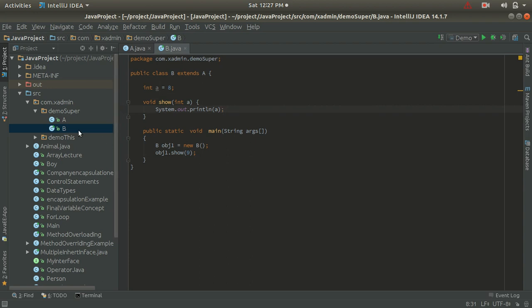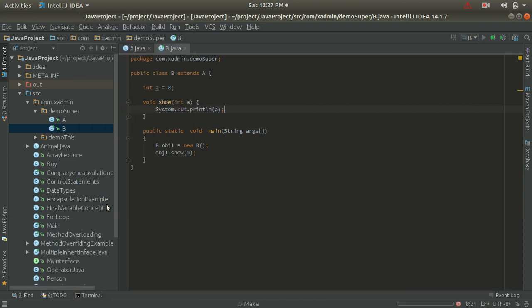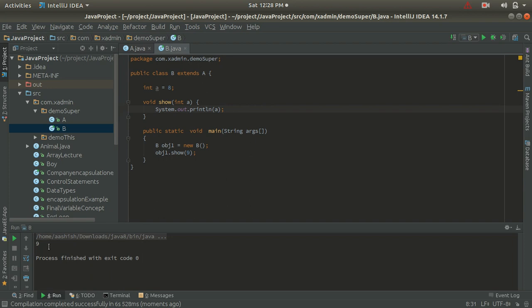So let's compile and run this program, and class B has a main method. So guys, here it is compiling, and we can see the output. So guys, we got the output as 9. So guys, here what we are doing, we are calling the show method of the class B, and here I am passing the value 9. So guys, it is displaying the value in the local variable, okay.